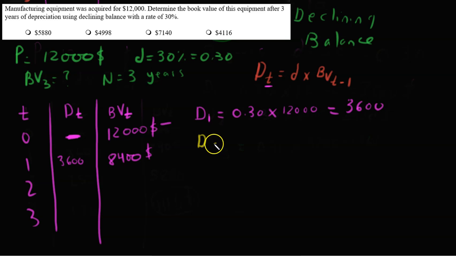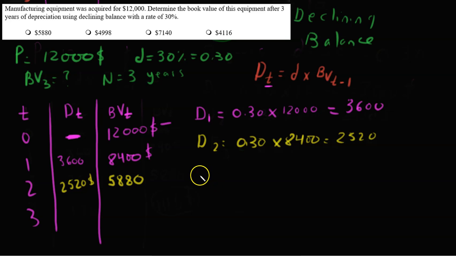So let's go to year 2. Same thing. The 0.30 rate always stays the same, times the previous year's book value, 8,400. And you end up getting a value of 2,520. So the depreciation at year 2 is another $2,520. So 8,400 minus 2,520 is 5,880. And let's do the final year,